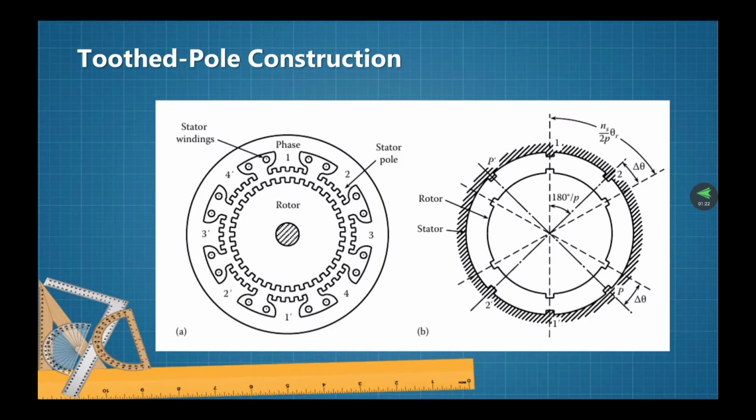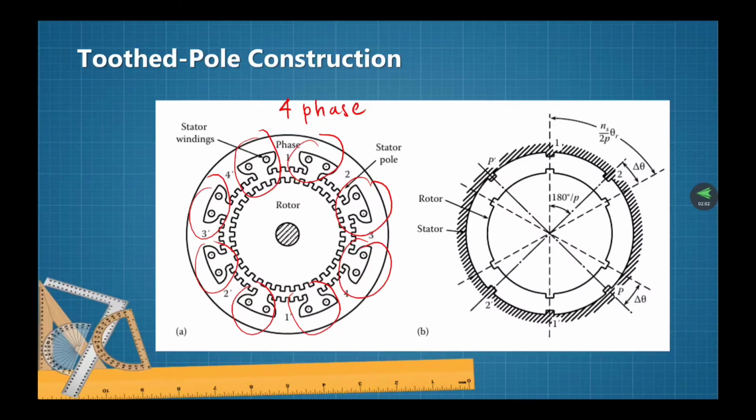In this figure, we show a possible tooth pole construction for a stepper motor. There is an 8-pole, 4-phase motor. Okay, there are 8 poles: 1, 2, 3, 4, 5, 6, 7, 8. And they have 4 phases. And in the right